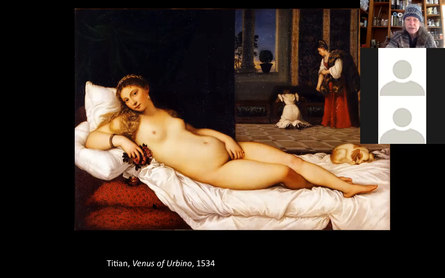This is a Venus, a goddess reclining on a couch, similar to the way that the Olympia is reclining. She's got her hand over her vulva so that you can't see it. Her abdomen and breasts are modeled in a very voluptuous and sexy way, and her face is ideally beautiful. So this is academic art, based on Renaissance